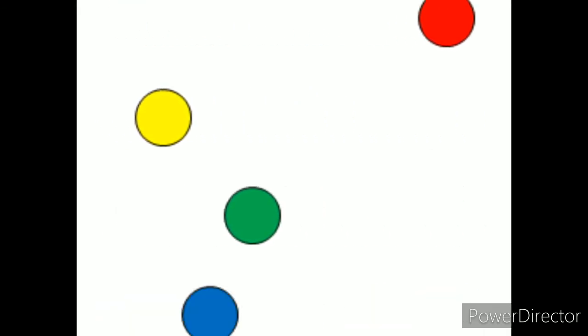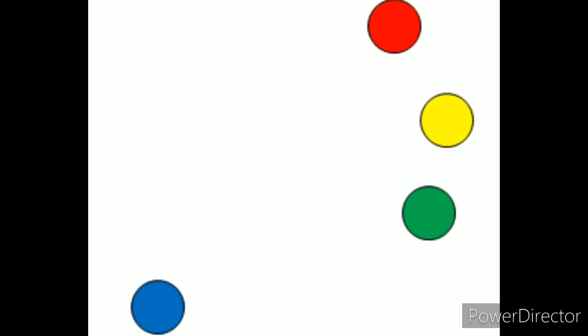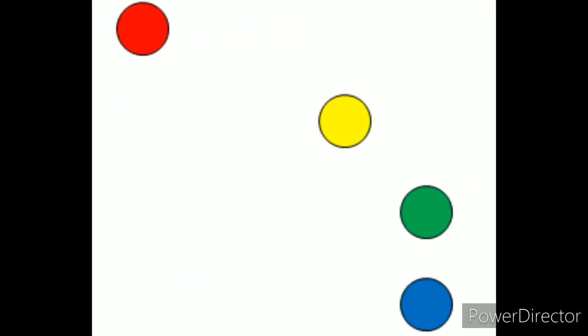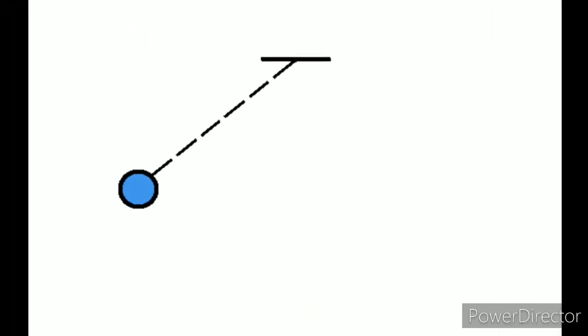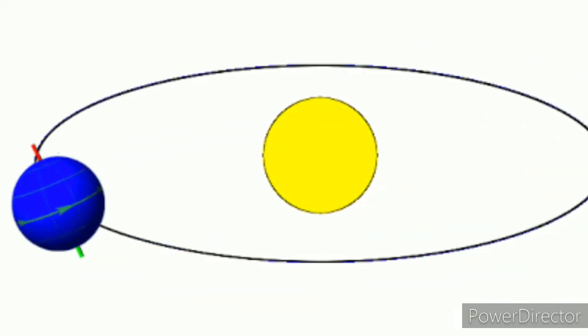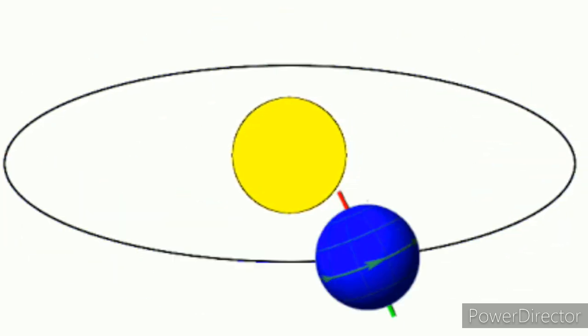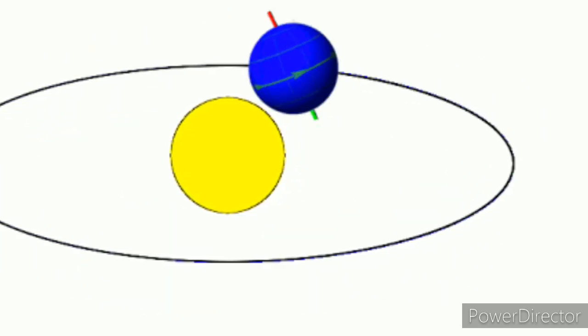Okay, next one we have periodic motion. If the same motion occurs again and again, it is known as repetitive motion. Repetitive motion that repeats itself at regular intervals of time is called periodic motion. For example, a ball tied to a string is known as a pendulum. For example, the earth is revolving around the sun with a fixed period of time. It takes 1 year to move around the sun. So this time is fixed, right?